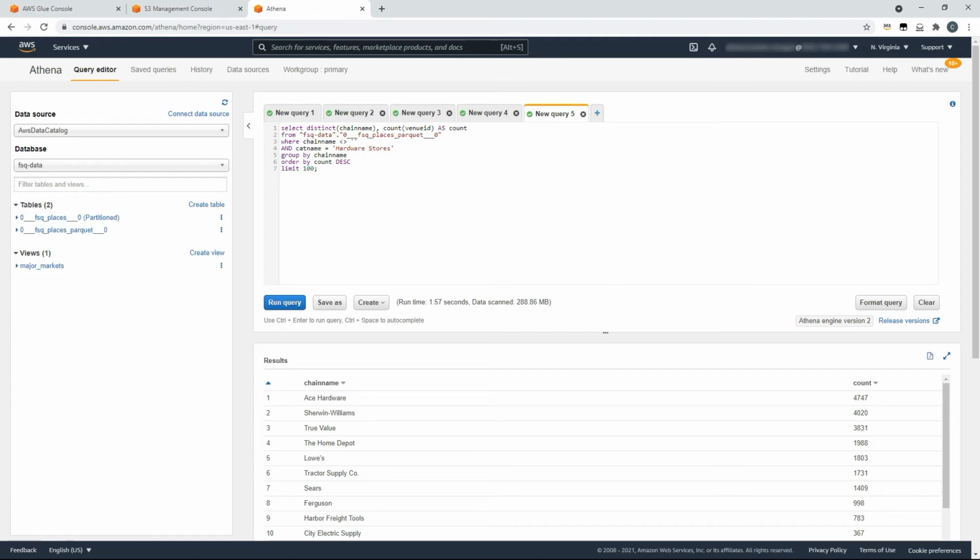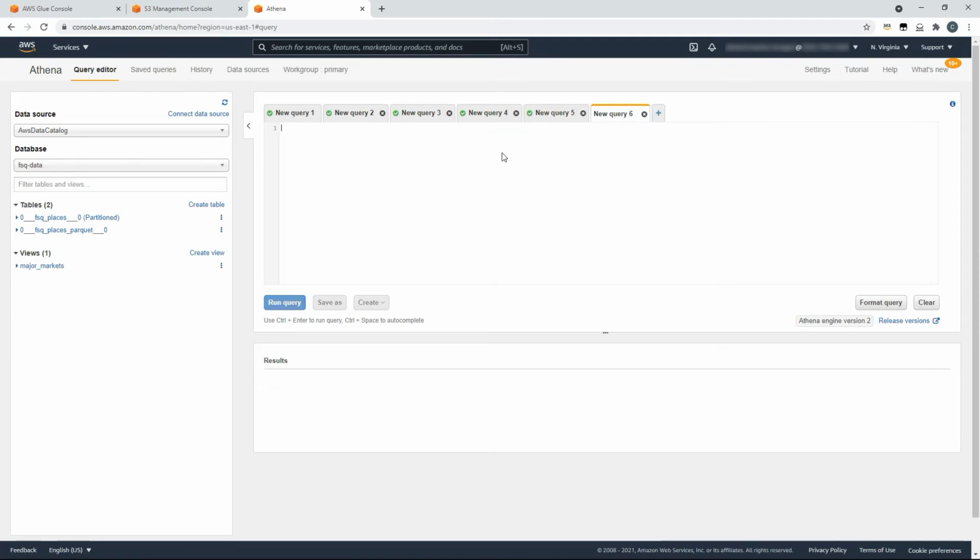So let's say we wish to drill down a little bit on the competition aspect. What we can do is create a new tab and quickly add a new query here. And here we're going to focus on a specific chains of organisations, and we'll run that query.